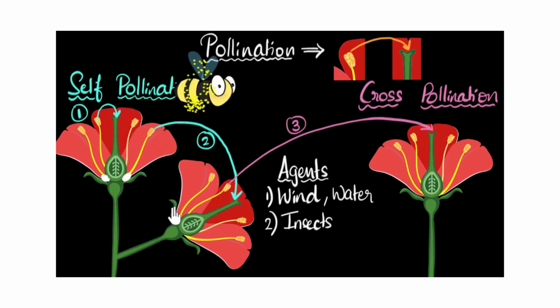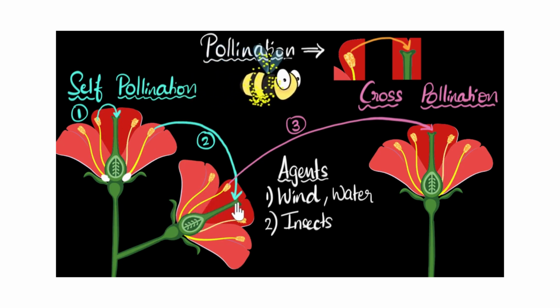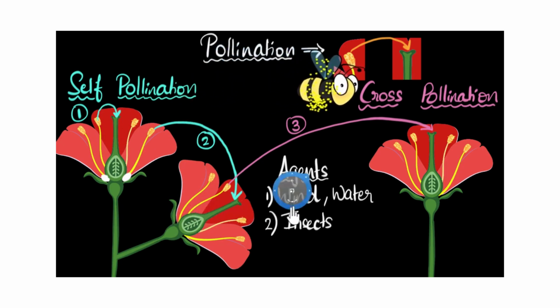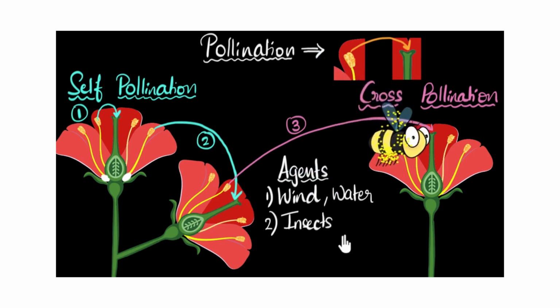Now the bee goes on its way, on its journey, a long journey maybe to its home, and then it spots another similar flower with the similar fragrance and the similar odor. And then again, it gets attracted to it and starts drinking the nectar from that. And while doing that, some of the pollen grains get transferred to the stigma, and that's how cross-pollination can happen.